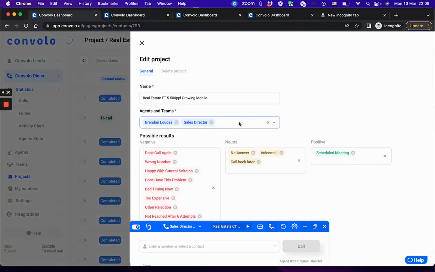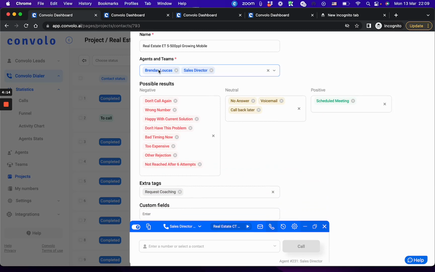And when we open up the project, we have a name, obviously, and you can assign agents or teams. So you can have 5 people in a team. You just assign the team, and everybody in that team will get access to the project. And then we have the different results that can be tracked after each call. We kind of force the person dialing to just quickly press a tag representing the result of that call after each call. Super simple, but we have divided that